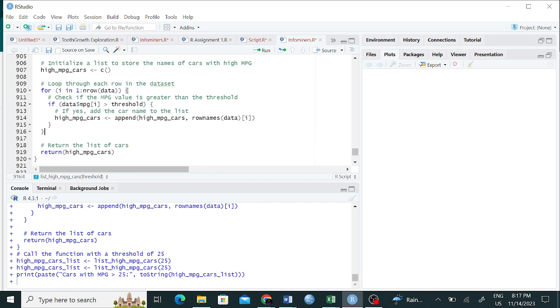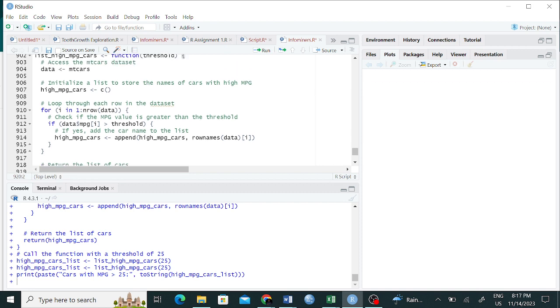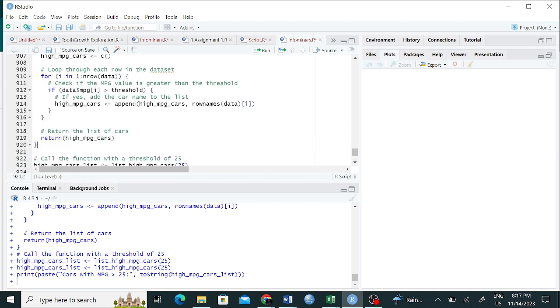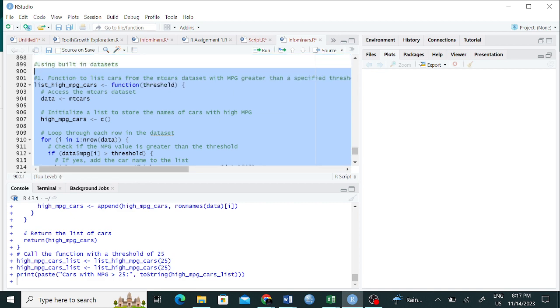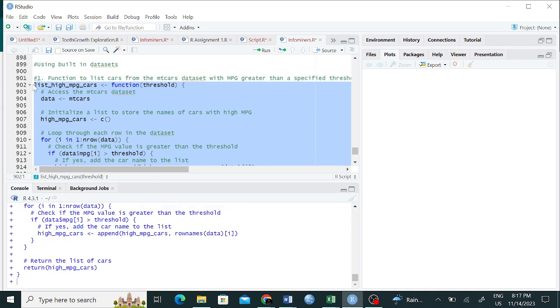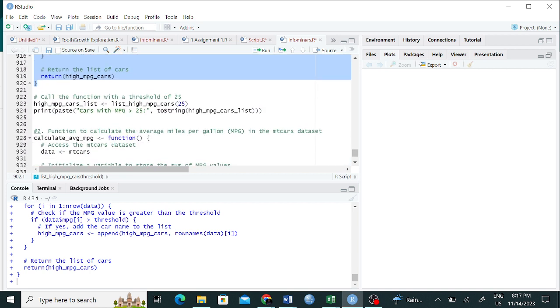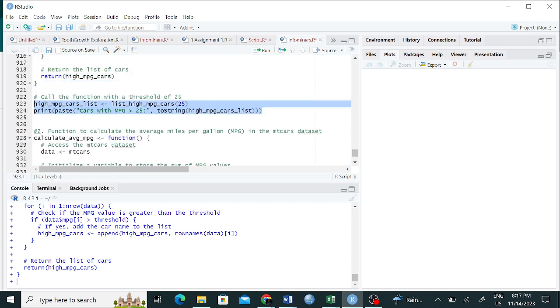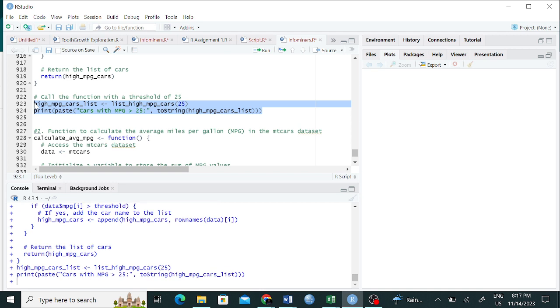Okay, because this one is available there. Let me run this one. Return that, and then now we can print this. There is an issue here. So who's seeing any issue?